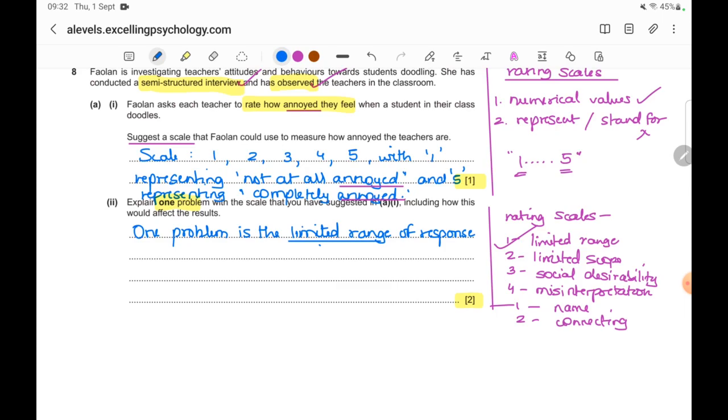Okay, so limited range of response provided. Okay, next we have to suggest how this would affect the results. Okay, again keep the wording of the question in mind while answering. This would affect results as